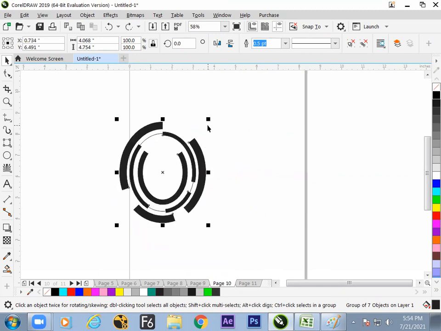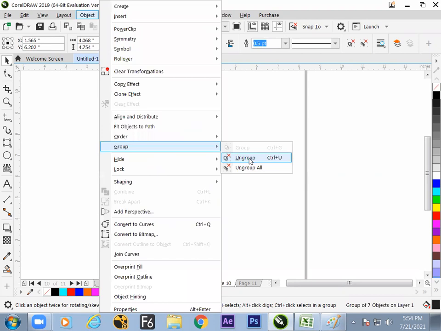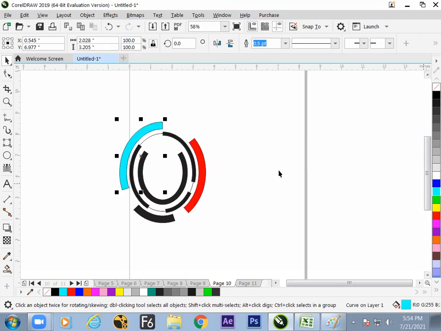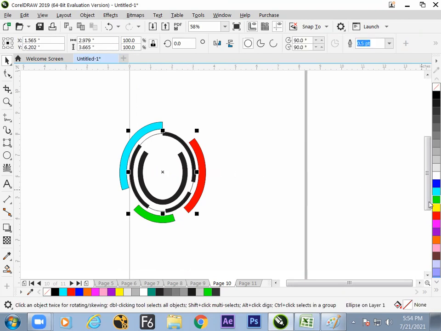We can make it separate with the help of ungrouping object. So already it is grouped, so ungroup. Then individual part, individual color. So hope we have understood how to make a motion graphics concept with the present knowledge.